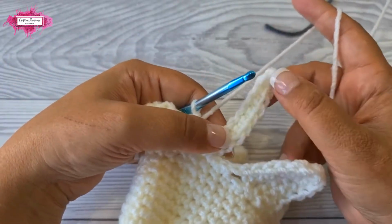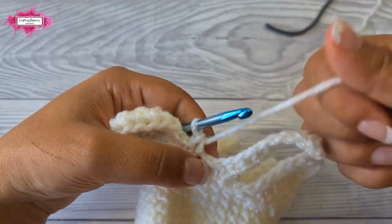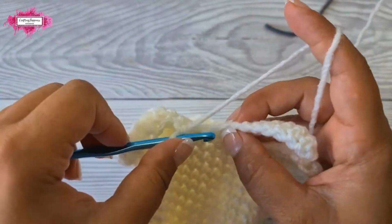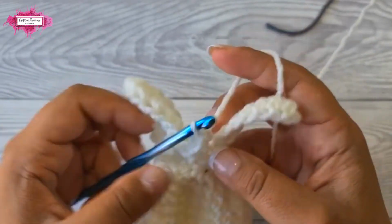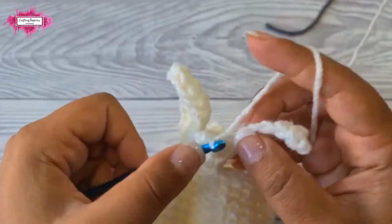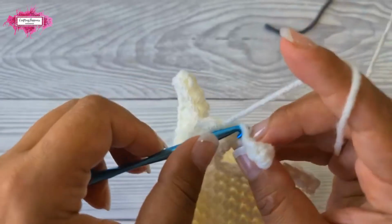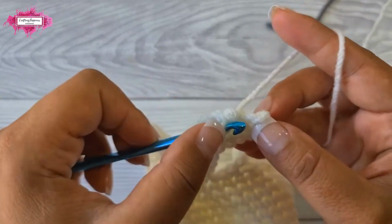Now along the tail we do not want to make it so wide, so we are just going to use the same technique, but we are going to single crochet. So single crochet in these 9 loops along the tail. That's 1, 2, 3, 4, 5, 6, 7, 8 and 9,